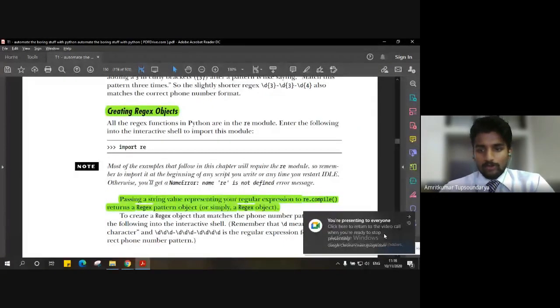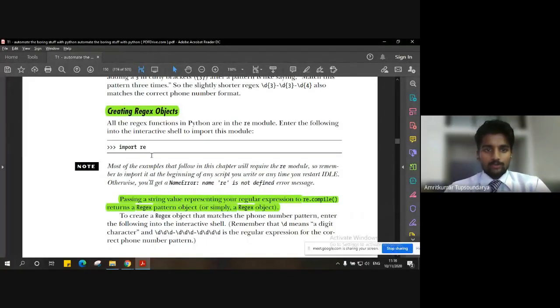When we talk about including regular expressions in the program, we have to include the module for regular expressions, which is the module re. re stands for, as you must have guessed, regular expression.